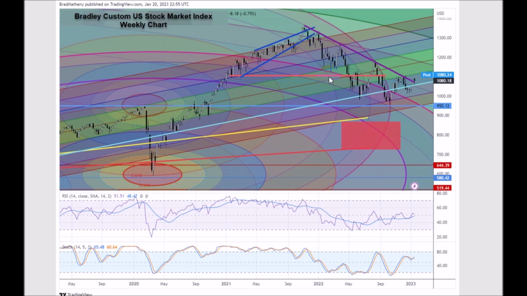A, B, C to a low, and then back up to a high, then A, B, C to a low, then back up to a high, then A, B, C to a low. I think this is basically 1, 2, 3, 4, 5, basing bottoming. Now we've kind of seen this A, B, C move. We could see a bit of a rotation back down over here, but I think this is going to resolve